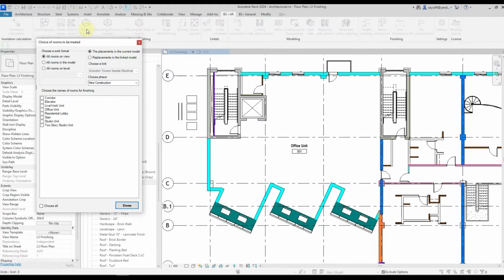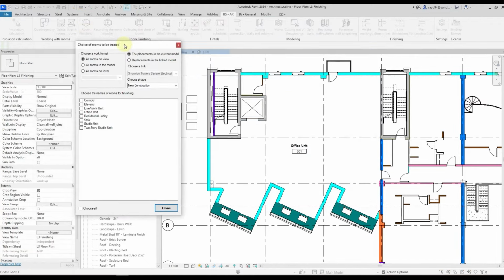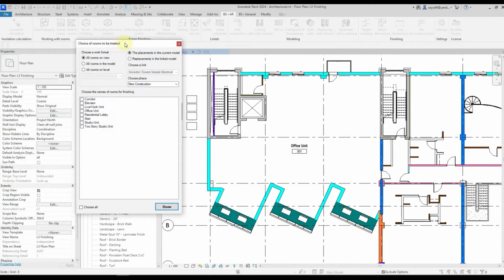You will get this window first, in which you will need to choose which rooms you want to finish. This window contains the following settings. First, select the work format: all rooms in the view, all rooms of the model, or all rooms at a particular level. Depending on what you select, there will be a set of rooms shown here. So if we select all the rooms in the model,